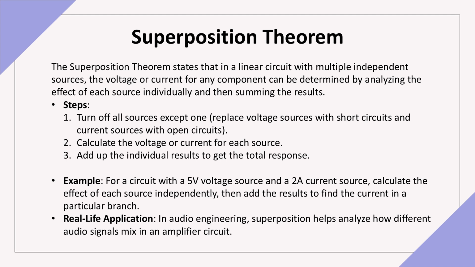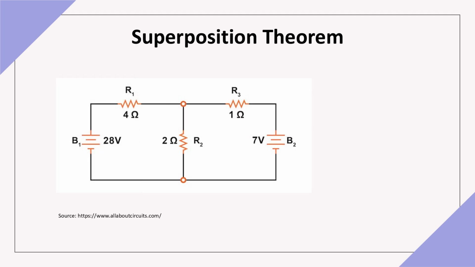If one input is 2 volts and another is 3 volts, superposition tells us their combined effect will be 5 volts, assuming the circuit is linear. Looking at the diagram, let me walk you through how this fascinating principle works. Imagine you have a circuit with both voltage and current sources. Instead of analyzing everything at once, the superposition theorem allows us to: